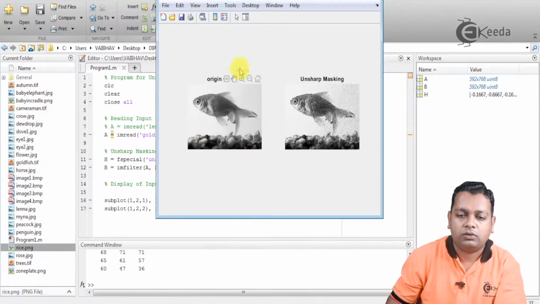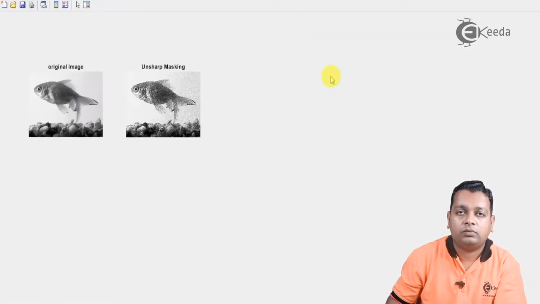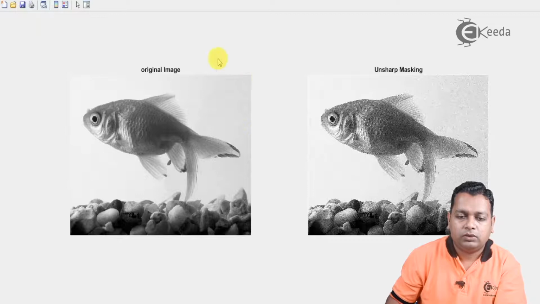Actually there should be a semicolon at the end of the sentence. Here we have the comparison in this window, the original image and the unsharp masked image. The sharpening is applied to the entire image, so we did not expect it on the background, but as the application is on the entire image, see the object and the complete background have been made sharp.